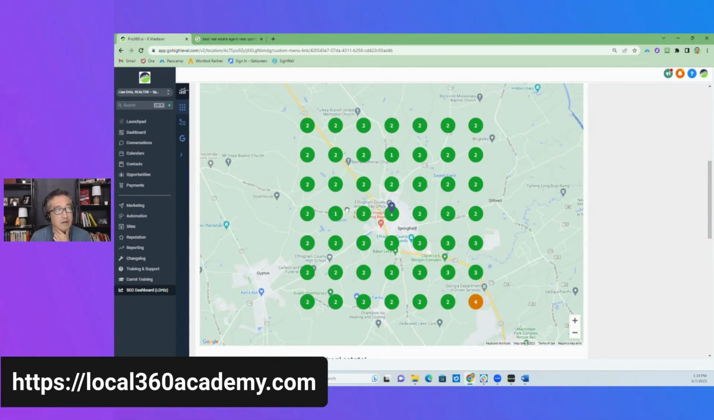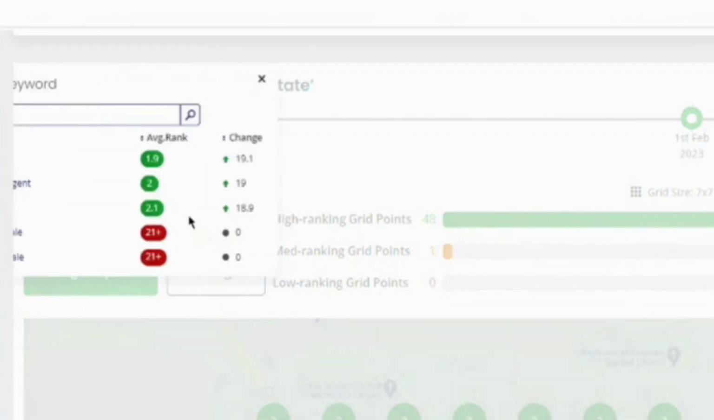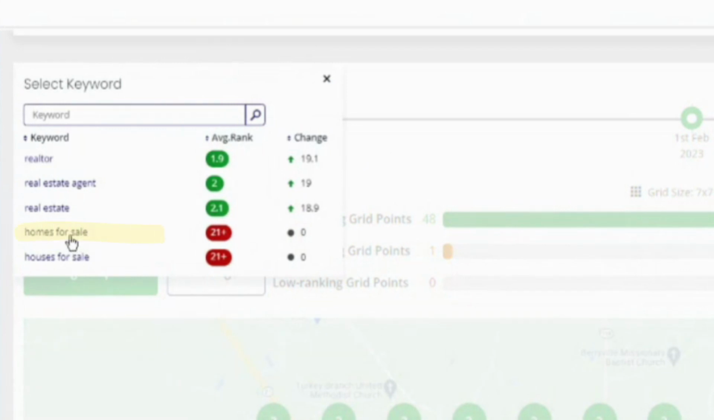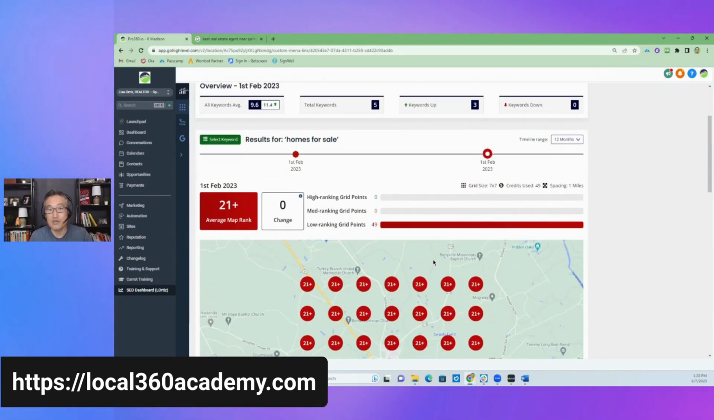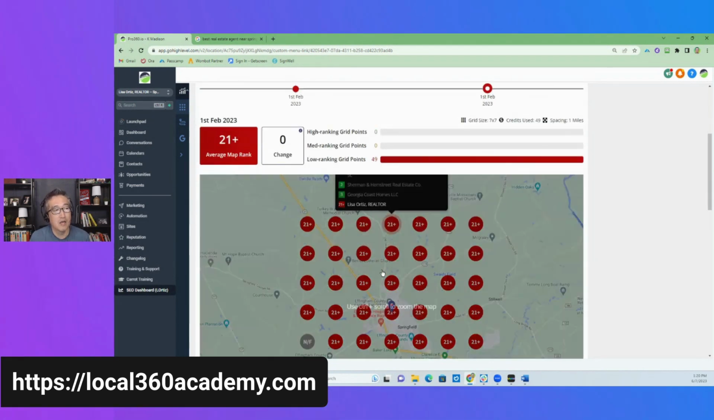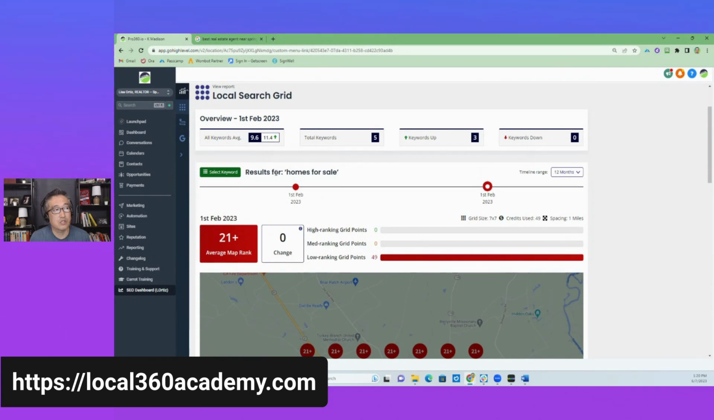Same thing. And if you look at the keywords for homes for sale and houses for sale, I know the reason why we're not ranking for those keywords is because we are not putting effort into those keywords. You get results on what you focus on. I know that we didn't focus on putting effort into